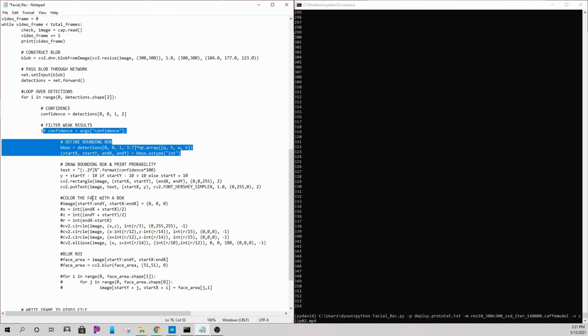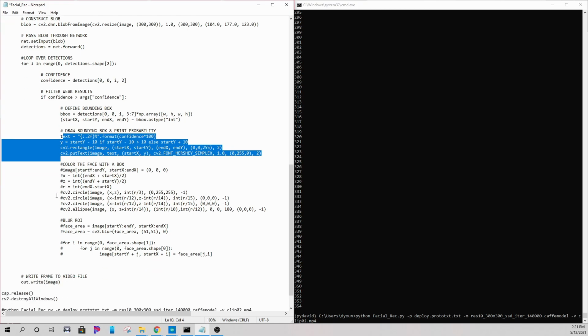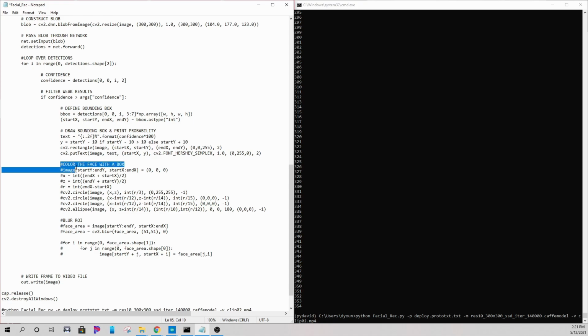And within this if statement, we're going to draw and filter everything else that we're going to do, such as add text to the top of the box that defines our confidence. And we're also going to do another video that colors in the face of the box to totally black out